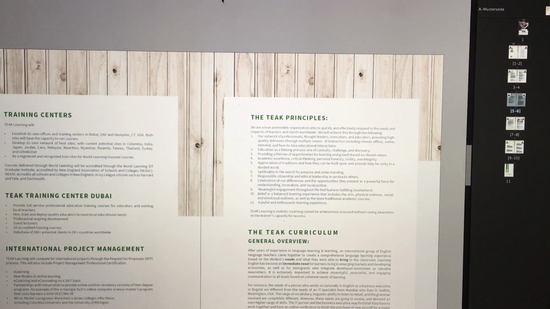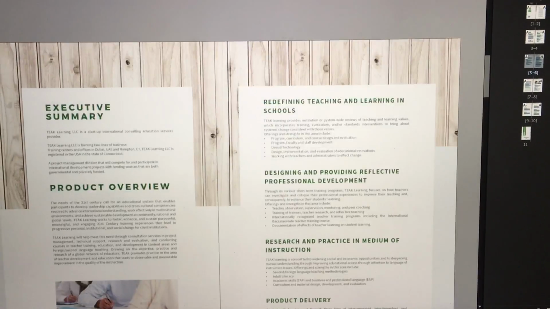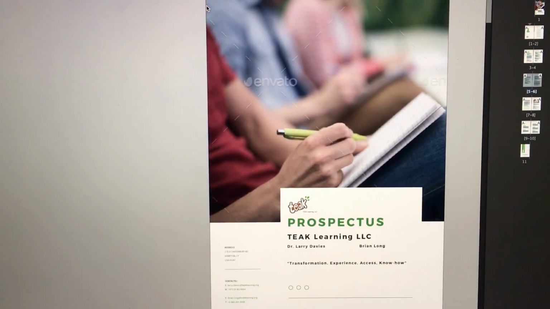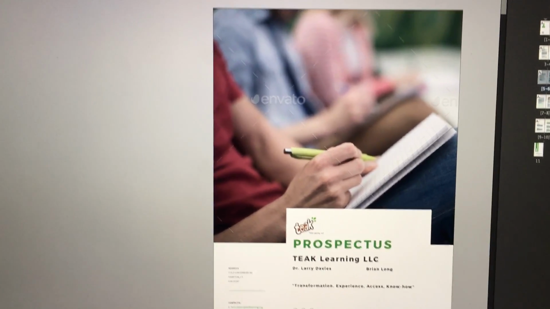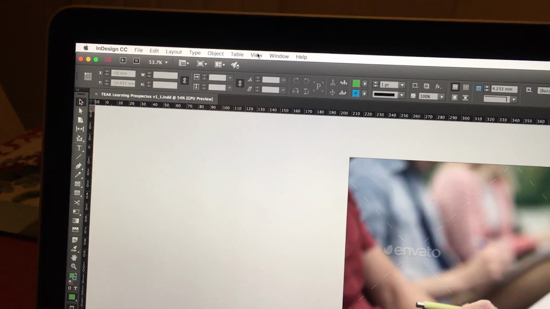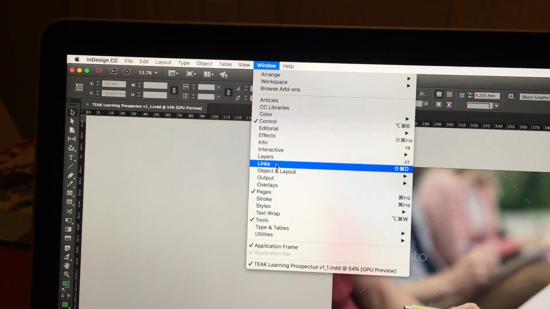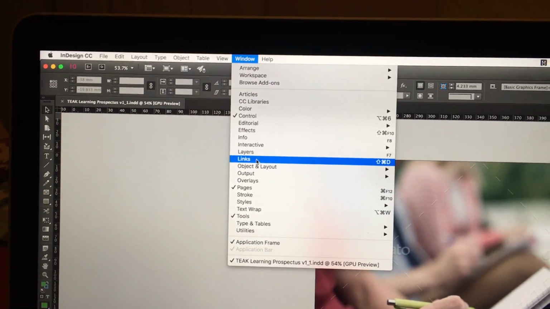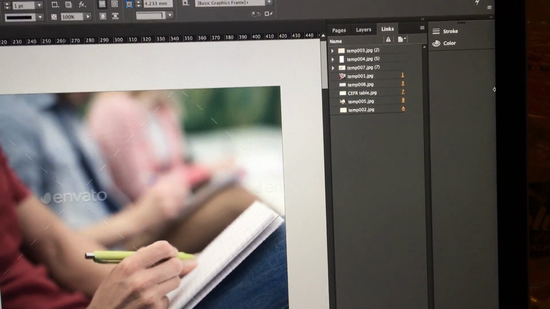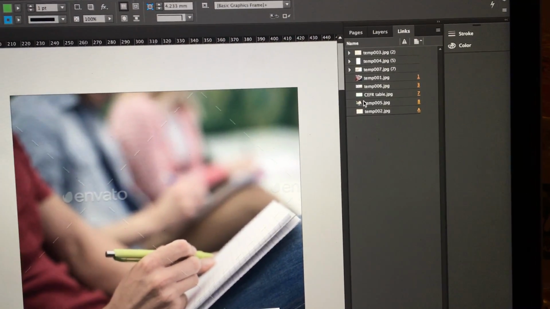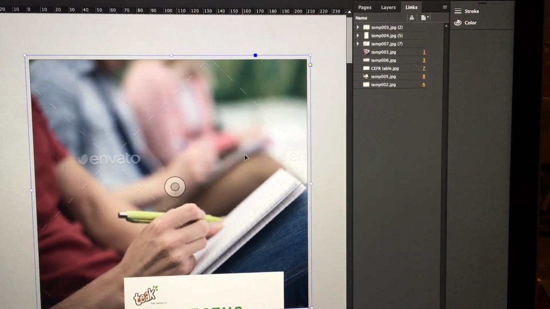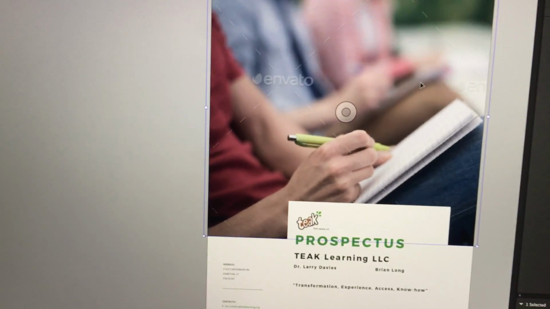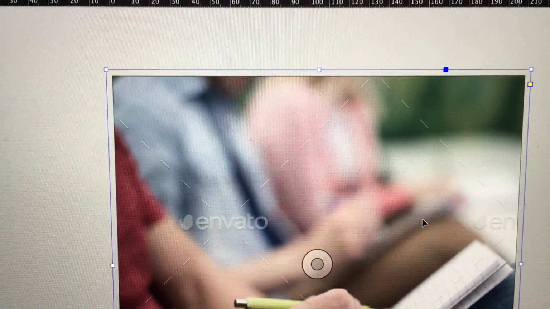Okay, so say for example, I want to change an image, this placeholder image that we've got here. What I need to do basically is, the window might already be there, but if you go to Window and then Links, if you click Links, it should appear on the right hand side, all the links that you've got to all the images in the JPEG folder. So for example, if I click on this in the main window, it highlights, gets some marquees,